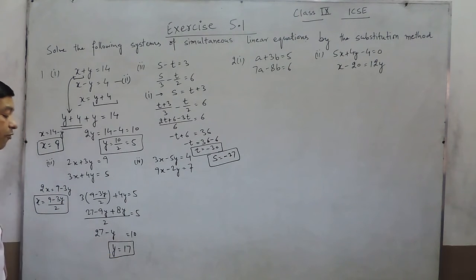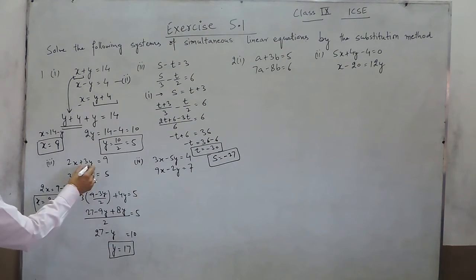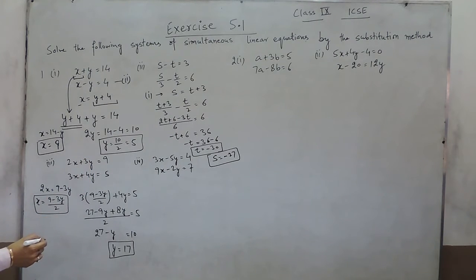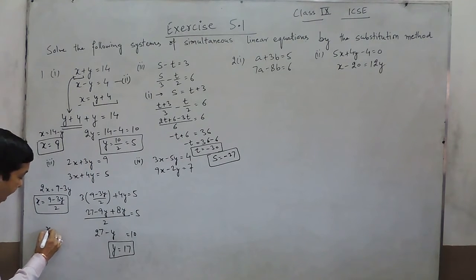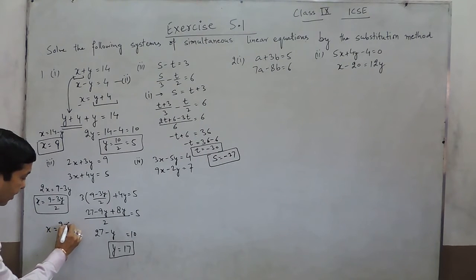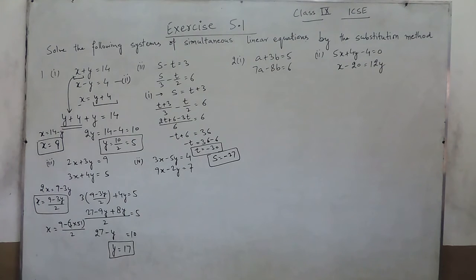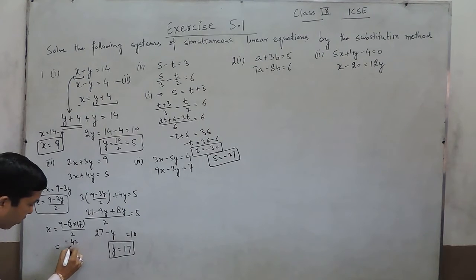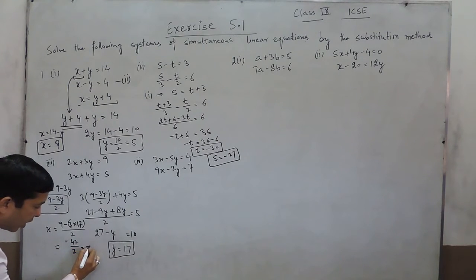If the value of y is 17, we put the value of y here. 17 into 3 becomes 51. So this is x is equal to 9 minus 3 into 17 upon 2. And further solve it, so 3 into 17 is 51, so 9 minus 51 will become minus 42 upon 2. The value comes out to be minus